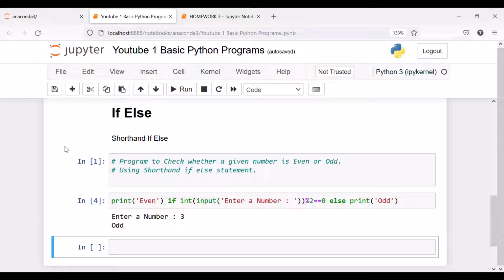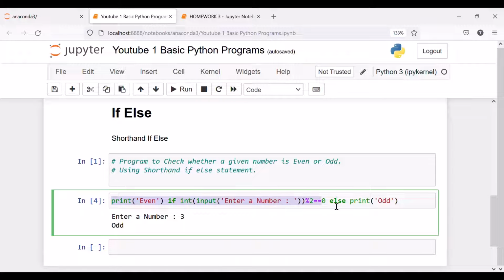In this video, I will explain about shorthand if else statement with an example. Here the question is program to check whether a given number is even or odd using shorthand if else statement. Here we can write the entire code in just a single line, as you can see,